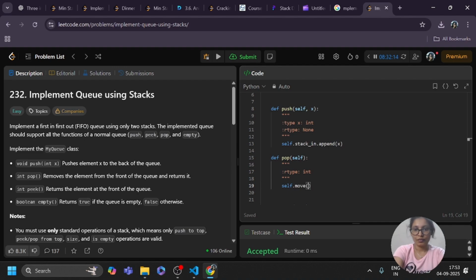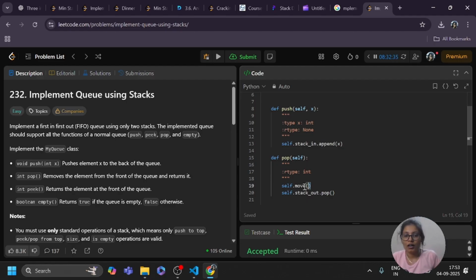And self.stack_out.pop, which will remove the element from the top. So this is for pop: self.move.